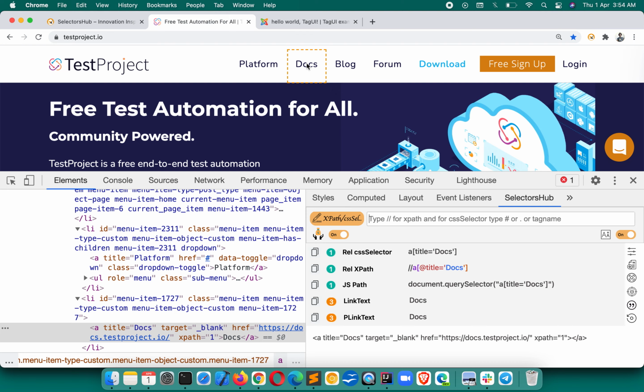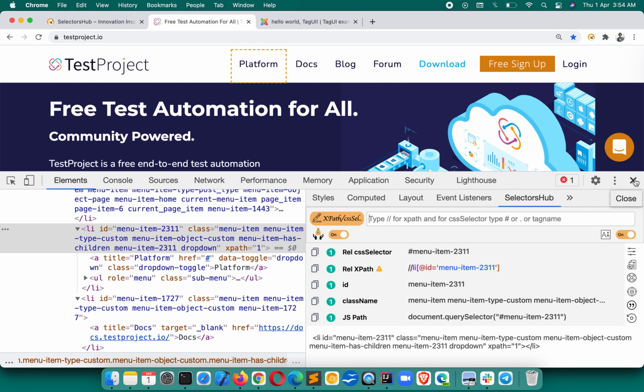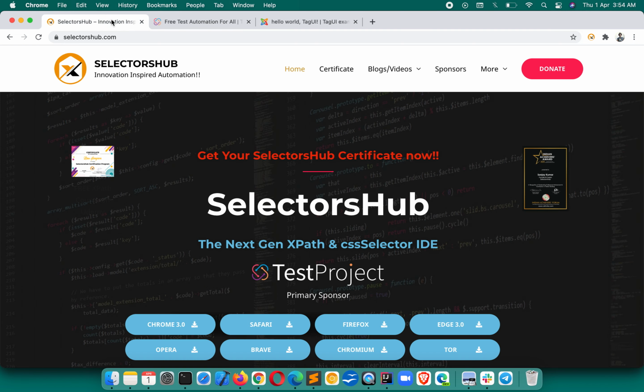Basically the purpose of this feature is to give you flexibility, so that as per your framework you can generate the selectors, and it will save your time. Here you see that both CSS selectors and XPath will be converted whenever you play around with this feature.